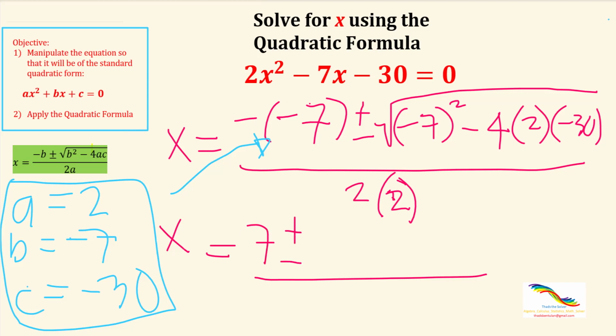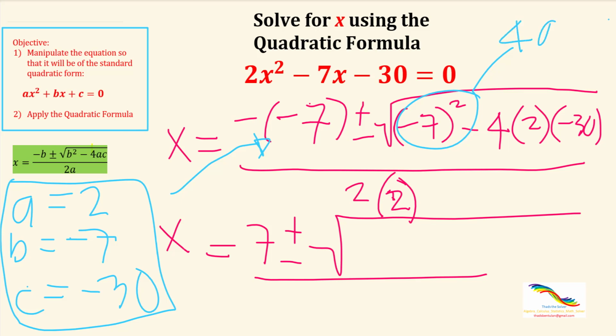plus minus the square root of 7 squared. The square root of 7 squared here, that's a negative number raised to an even exponent. So the result will be a positive because it's an even exponent. If it's an odd exponent, it will be a negative. So in this case, negative 7 squared will be equal to positive 49 here, right? So let's write that down here, 49